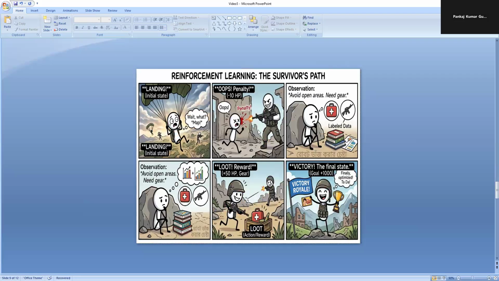Now I'm going to the next one, reinforcement learning. This is the training a dog trick that we talked about in our video in the starting. Here the computer has no rule at all. We just give it a game, it press random button, it does go outside the safe zone, its health reduces, it stay inside and perform well, it score increases. It play the game millions of times, improve its strategy every single time, and finally it becomes so skilled that beating it become really tough. That is reinforcement learning, learning by experience.